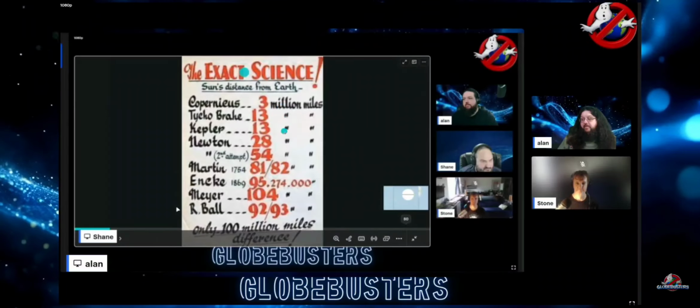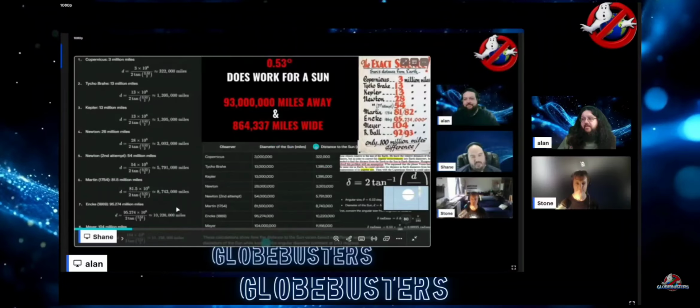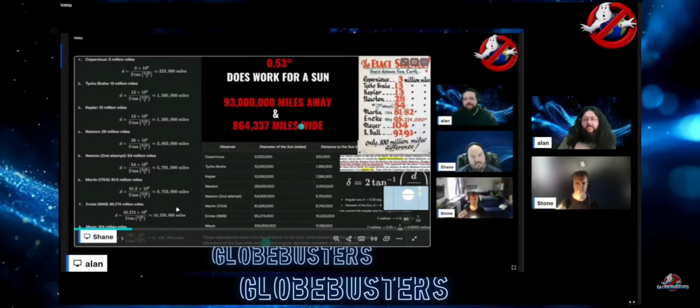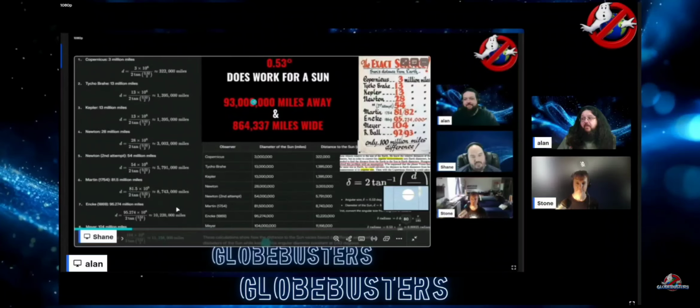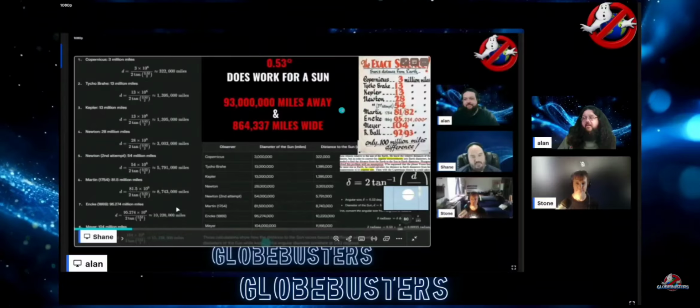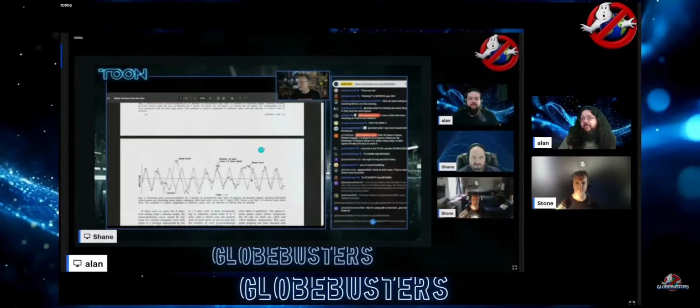They went through the history of getting more and more progressively accurate, but then they all settle on this 93 million mile number. So they just need to physically confirm it, because otherwise, due to scale invariance, if you change one of the factors, whatever other factor you're making your triangle with, if you scale that by the same factor, everything will change proportionally. So if you change the distance and the circumference of the sun, or what you're looking at for the angular size, then everything is going to change proportionally, and you're still going to see it at its 0.53 degrees in angular size. So that rescaling factor and proportionality doesn't make their model mutually exclusive. They need to tie it to a physical measurement.